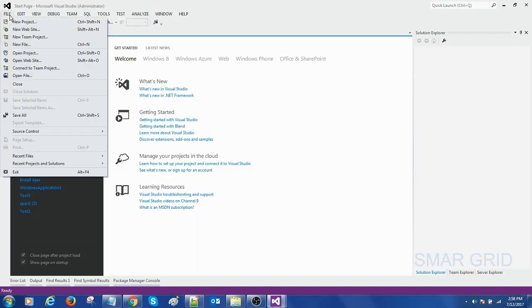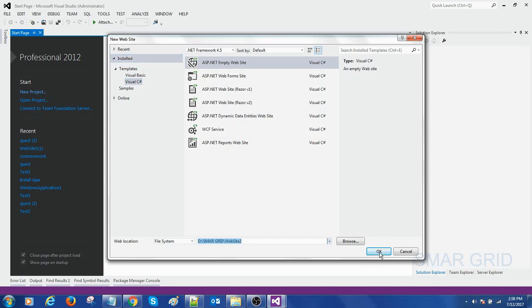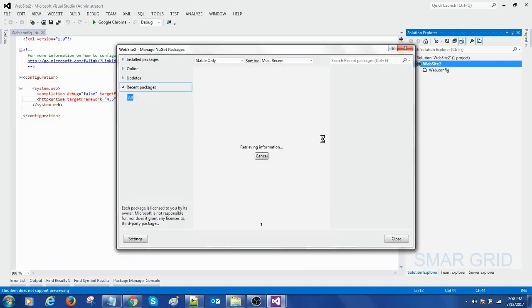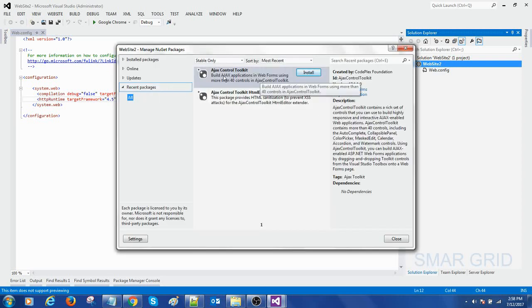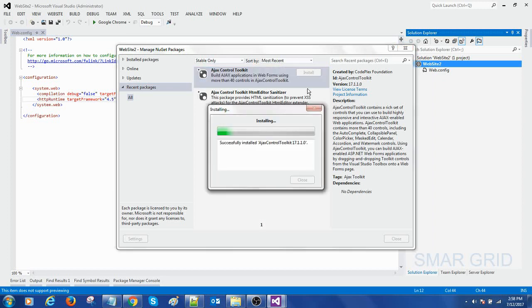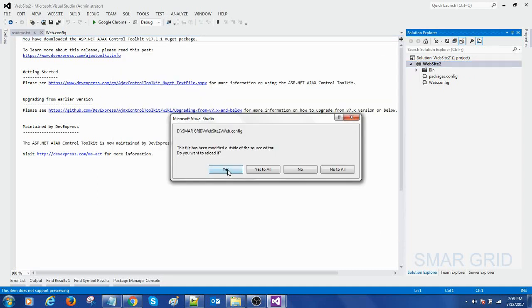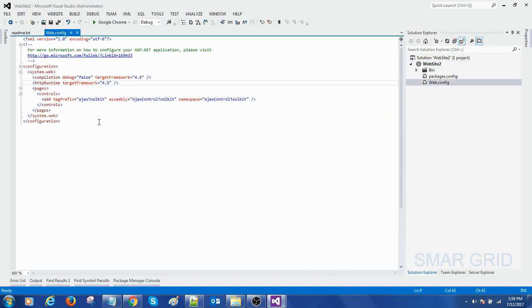Let me open a new project, again a new website. Click on the new website, open the web.config. Here we have only the compilation target, debug is false, target framework is 4.5. Go to manage NuGet packages. Here we have the recent all. Let's go and install it. And just close it. Yes, reload. You see this only in the page. Okay, and one more thing is here it is automatically declared, which means it's not required to declare